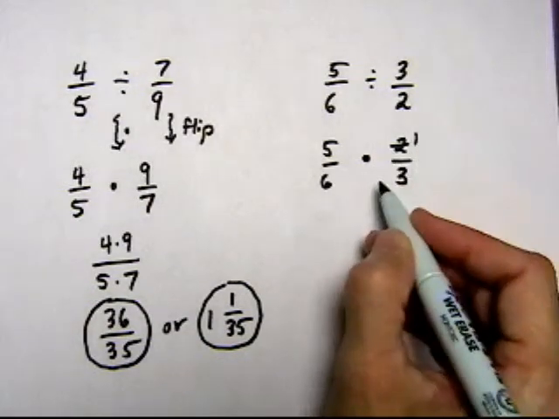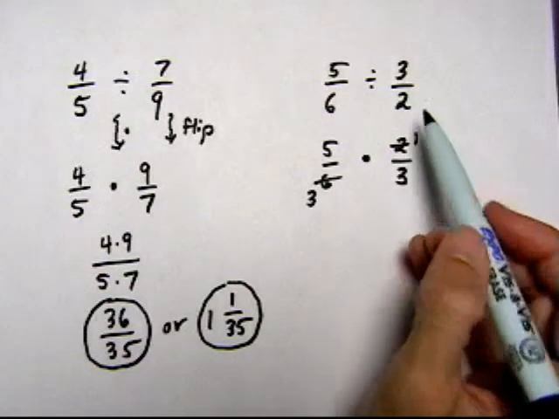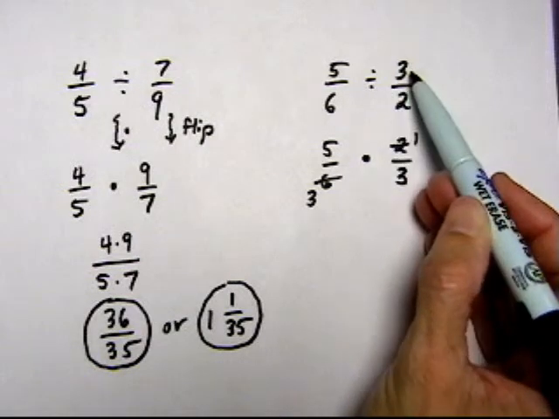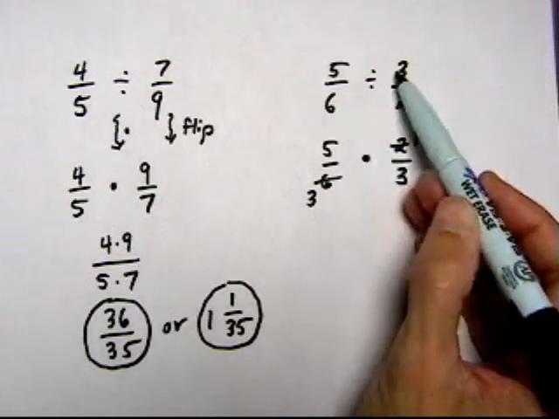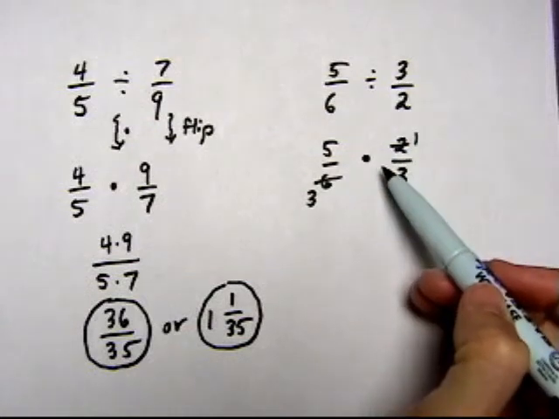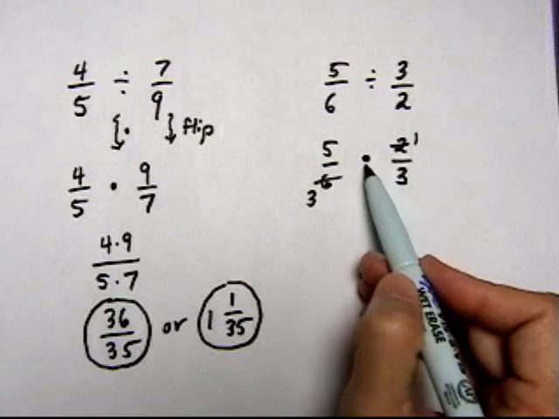So divide by 2 is 1 on top. Divide 6 by 2, leaving 3. Now notice that we don't want to do any canceling common factors when we're in the division stage. The 3 and the 6 here, they are common factors, but we don't have it set up as a multiply problem yet. So you've got to wait until it's flipped over and you have the reciprocal and it's a multiply